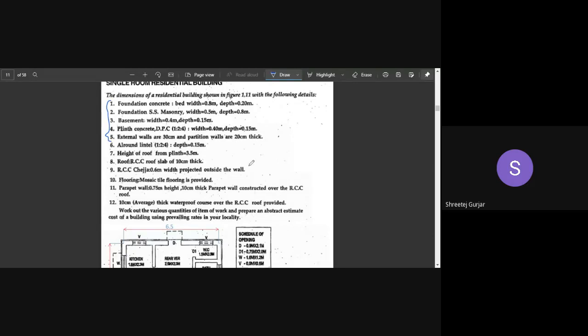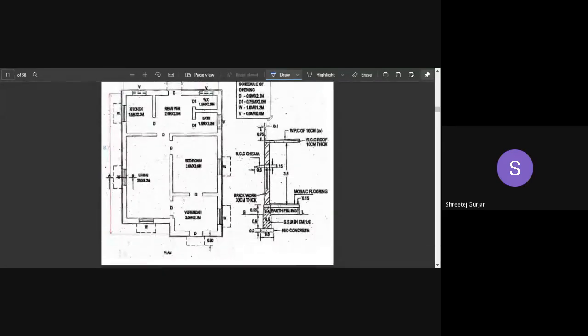Just for understanding, we have calculated all of them, and in the exam any among these 12 may be asked. Maybe 5 or 6 items may be asked, but not all of them. Do not think that only the first 5 will be asked. Any of these 12 items can be asked. We solved this numerical so that you understand how it is done. If you have any other doubt in this residential building, you can ask.